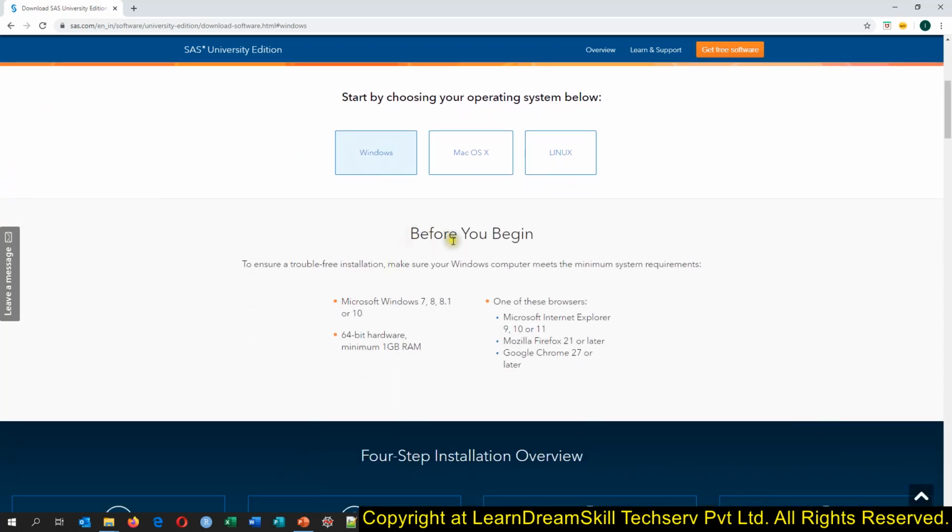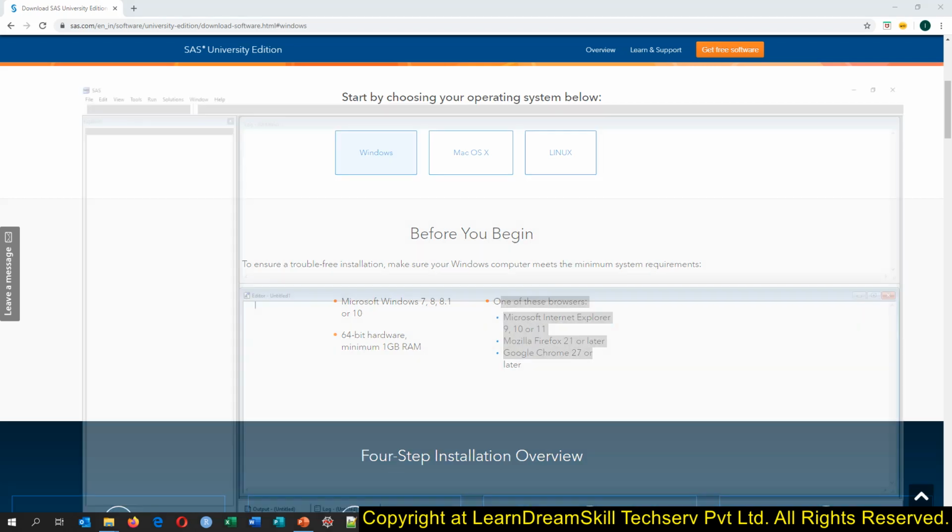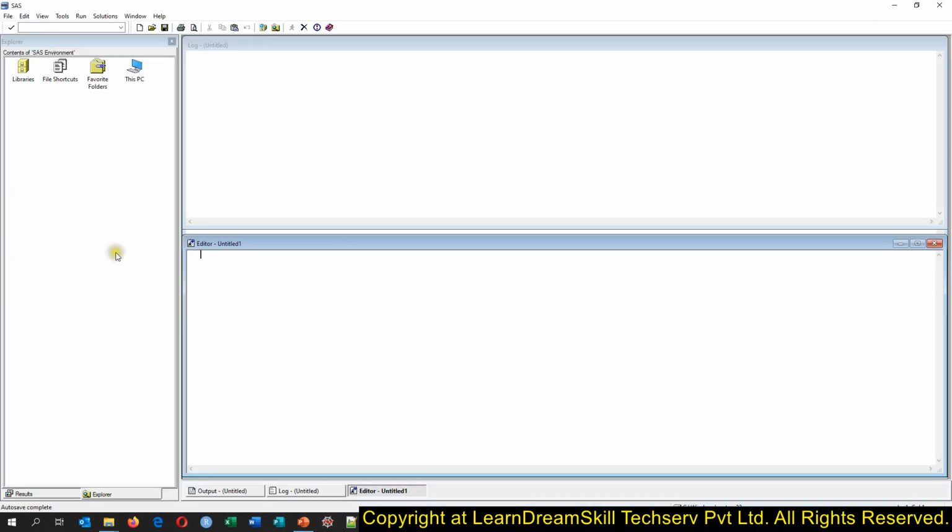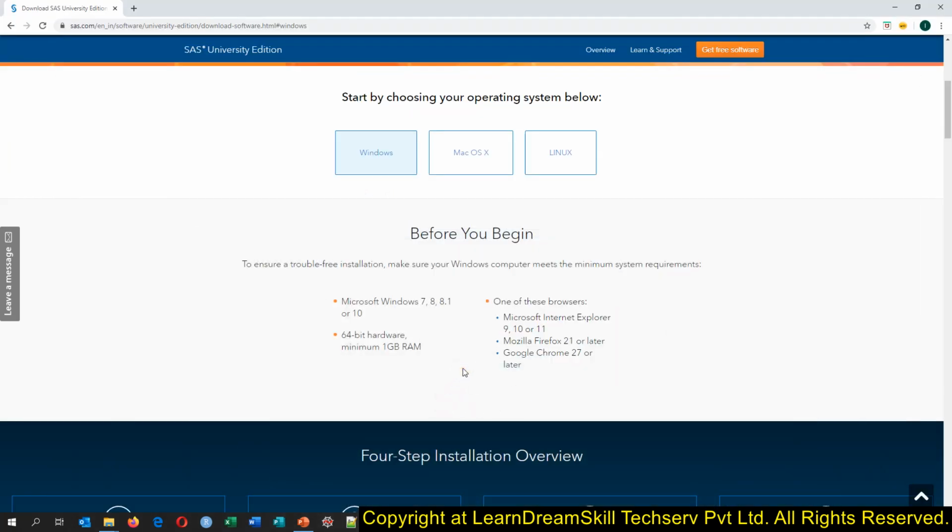Then it shows, before you begin, you should have this configuration and one of these browsers, because whenever we use the University Edition, it will not open as independent software as you see with SAS. It will open in the browser, either Internet Explorer, Mozilla or Google Chrome.